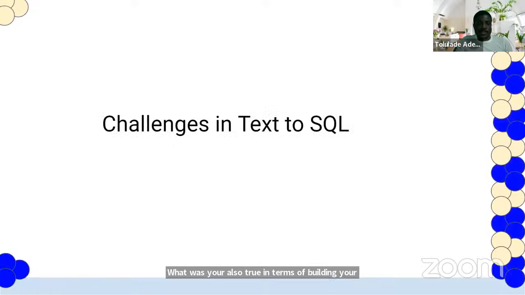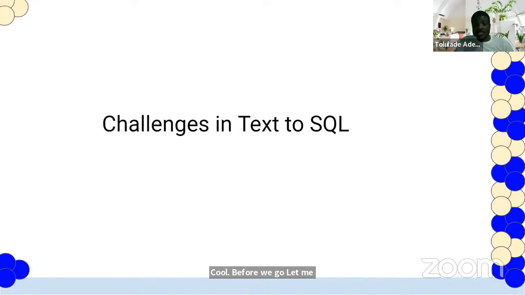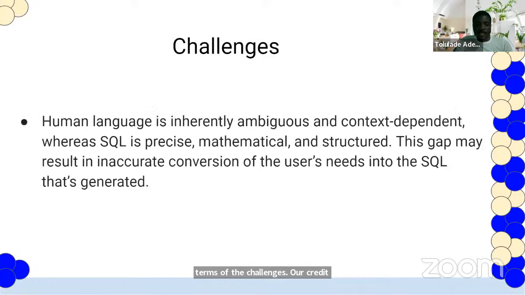All right. So cool. Before we go to our demo, let me just throw some light on the challenges currently faced in text to SQL systems. Now, one of the challenges you will likely encounter is that human language is inherently ambiguous and context dependent.